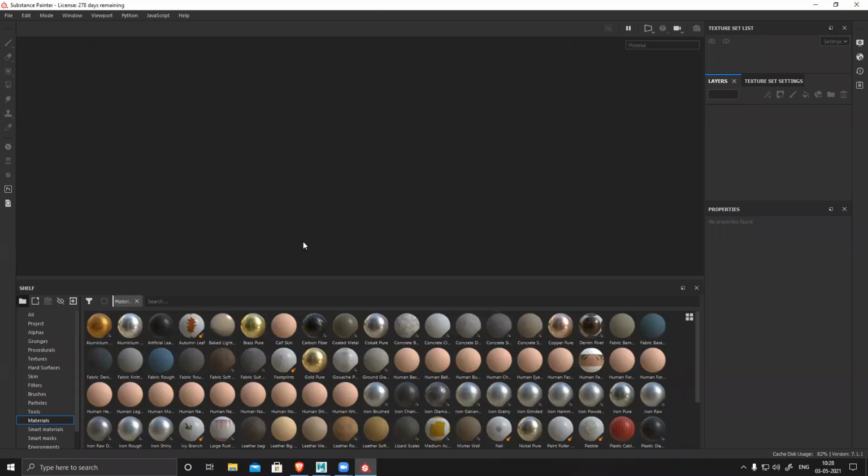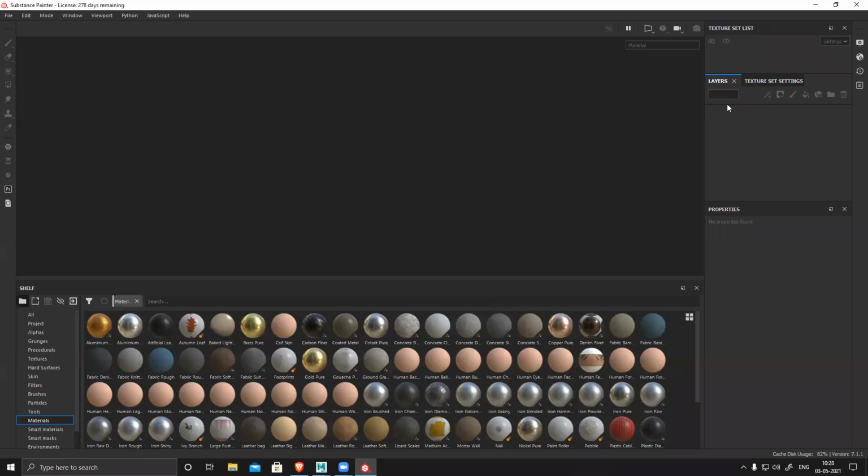This center section is basically the viewport. This base is basically the shelf where you have all the presets available within Substance Painter: your materials, your smart materials, your smart masks, your environment, your hard surface normal maps, your grunge maps, and everything. Basically all presets are available here in this shelf. On the right side, you have the materials, the number of materials you have assigned.